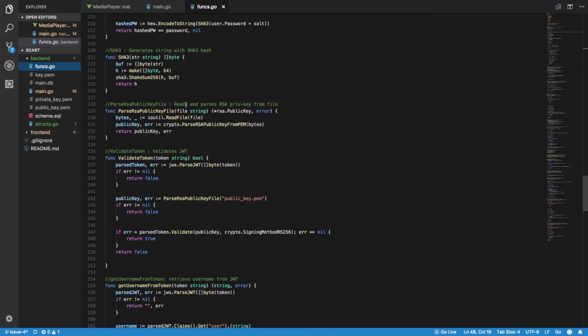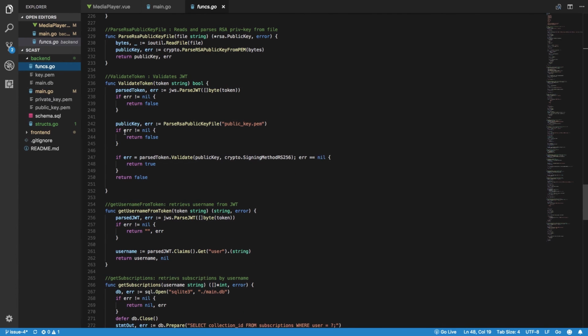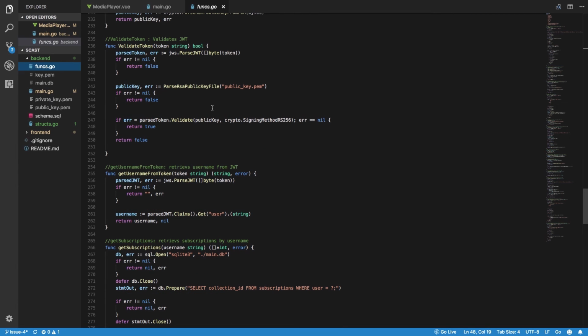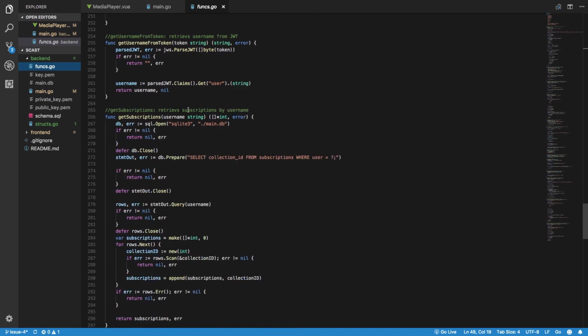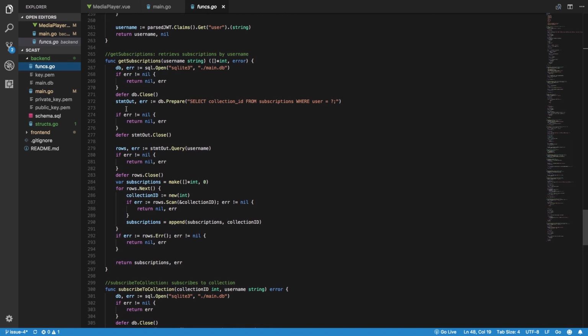We have a similar simplified method for parsing an RSA public key. And here we have the actual token validation that will parse our JSON web token. And we will check whether or not we actually are the ones that created it to begin with. And if we are, we of course let the user know that they are free to use those authentication protected routes. Here we're just basically extracting the username from the token,